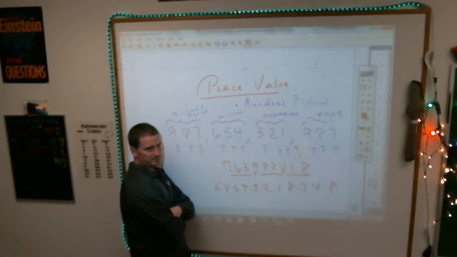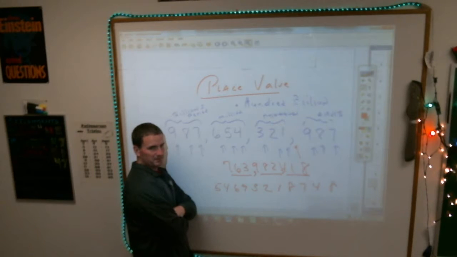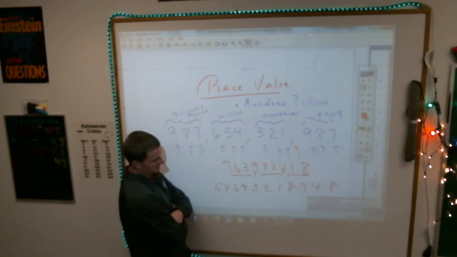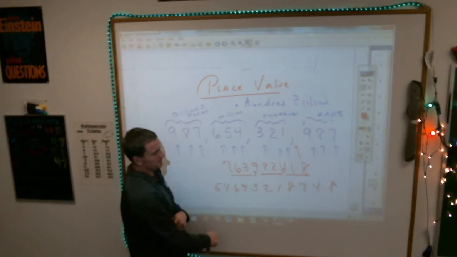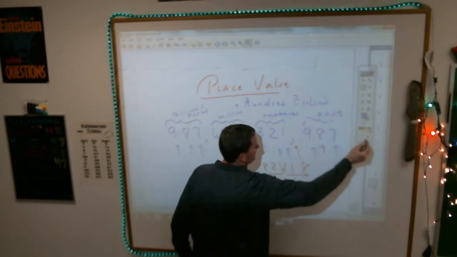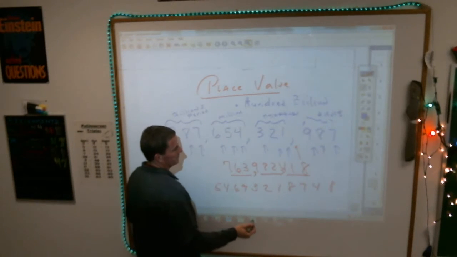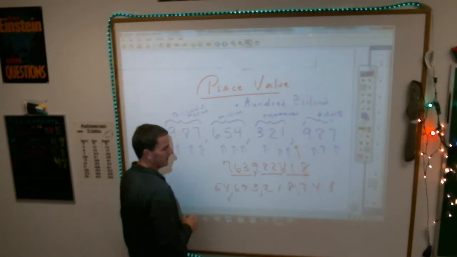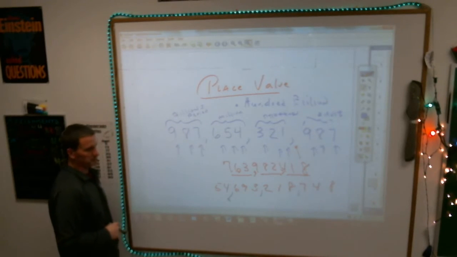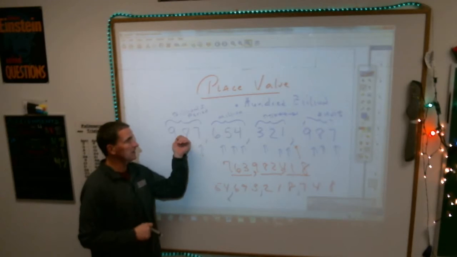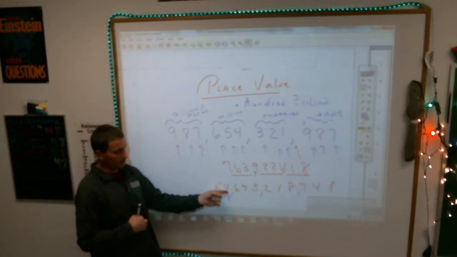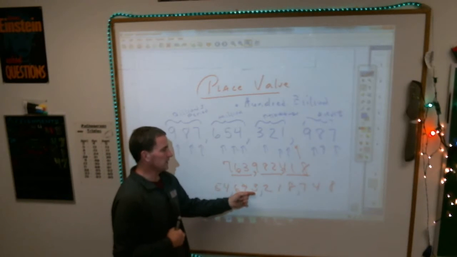It's actually what? 54 billion 693 million 218,000 740. Right. But I should have commas in here because that helps me. Once I look at that, I get the grouping of how it's supposed to be. I see that there's nothing in the 100 billions place, so I don't say 100 billions. It's 54 billion 693 million